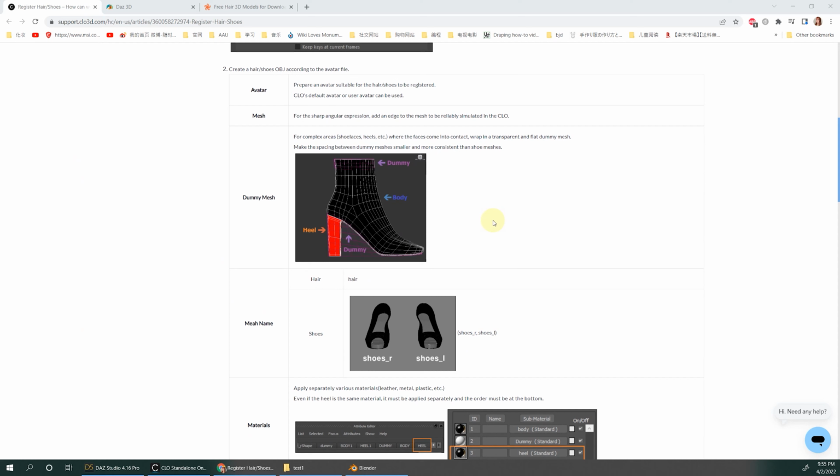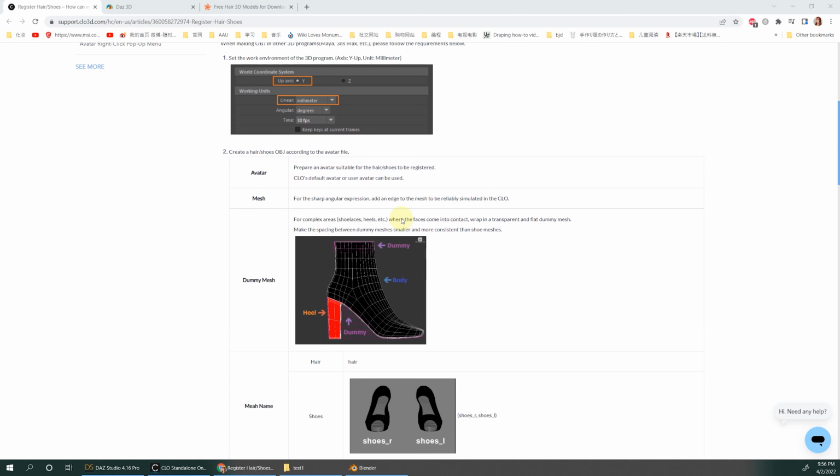The only thing a little bit different is if you use heels, not flat shoes, you need to add a dummy section. If there is an opportunity, I will do another tutorial to teach you how to register shoes.